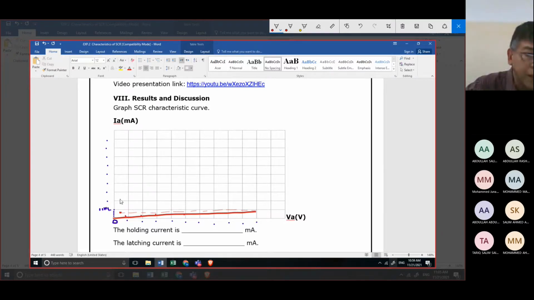This is 1 milliampere, about something here. And then at 6 volts, what is your reading? You have 484.76 millivolt with respect to current of 2.12.